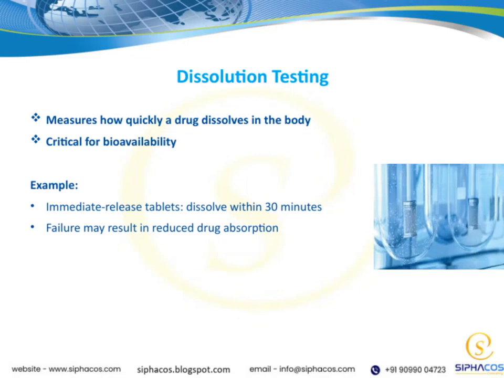Now, let's talk about dissolution testing. This is a crucial part of pharmaceutical development because it measures how quickly a drug dissolves in the body. You see, the rate at which a drug dissolves can significantly impact its effectiveness. If a drug dissolves too slowly, it might not reach the necessary concentration in the bloodstream to have its intended effect. Conversely, if it dissolves too quickly, it could cause issues like irritation or rapid absorption that might not be